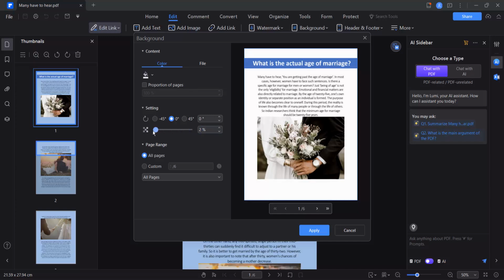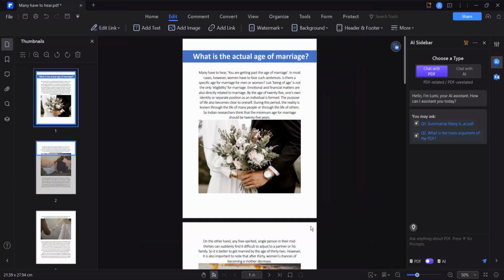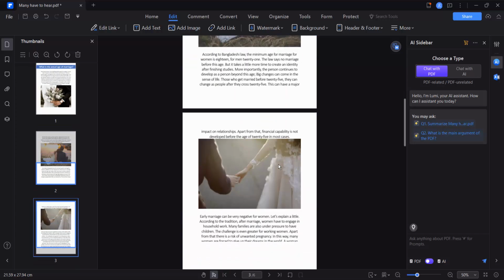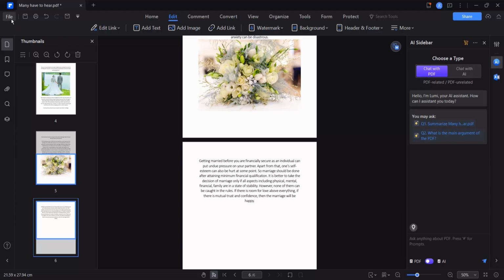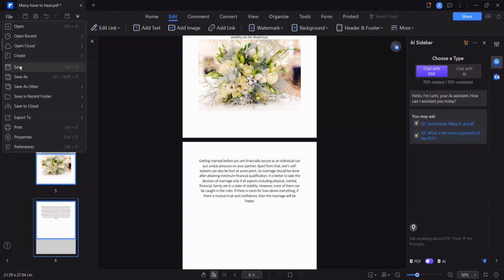Also you can see opacity and finally select apply, and see all of this pages background color now white, and select this file option, save or save as